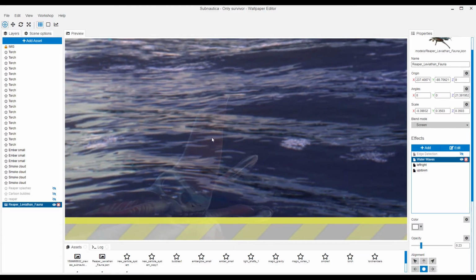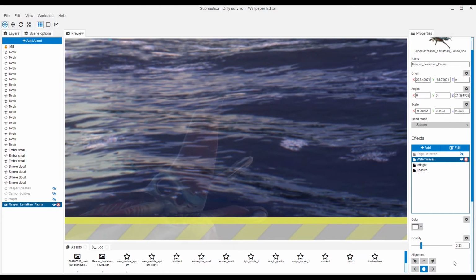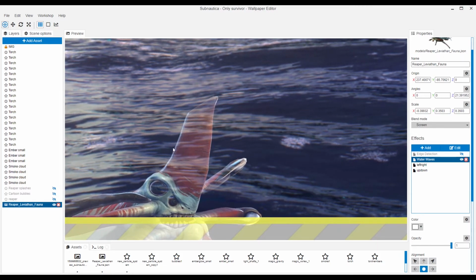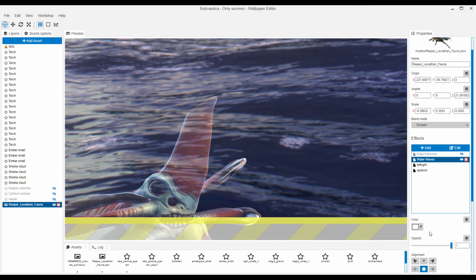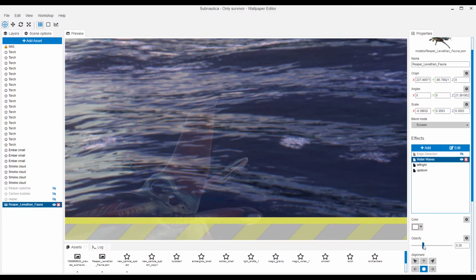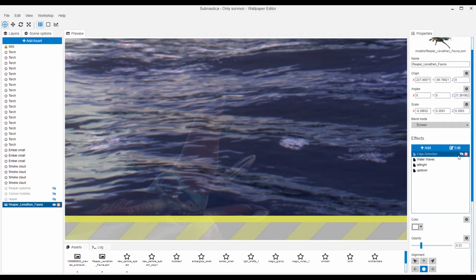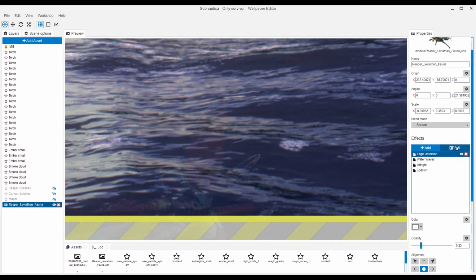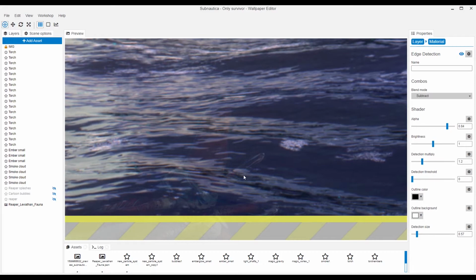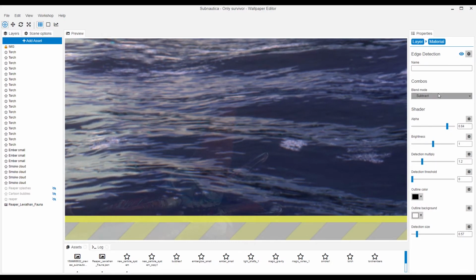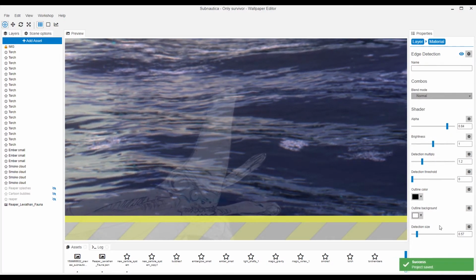However, as you can see, there are some very highlighted edges. It doesn't really make sense underwater to have such a highlight. So what I did here is, I think, a really smart way to do it. I used the edge detection effect to remove that. So basically we're trying to suppress the highlights on the edges, so I just detect the edges with the effect. And then the Reaper Shark,